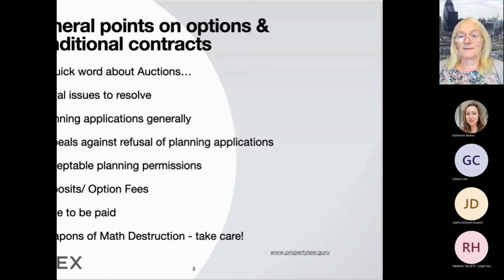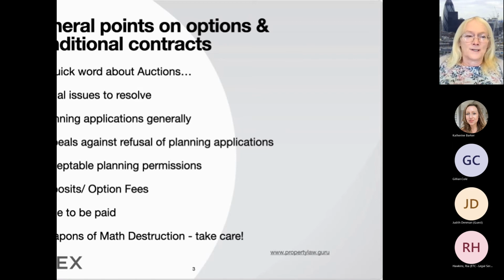So it may be that the seller wants to say that the builder must appeal against any refusal. And the seller will think, well, I'm getting a free ride on this. Why shouldn't I insist? It's not going to cost me any money. It'll just cost the builder. So I don't care. And on the other side of the coin, the builder will think, well, I'm not going to be forced to make a planning appeal when I know, talking to my planning consultant, that it's a dead duck.